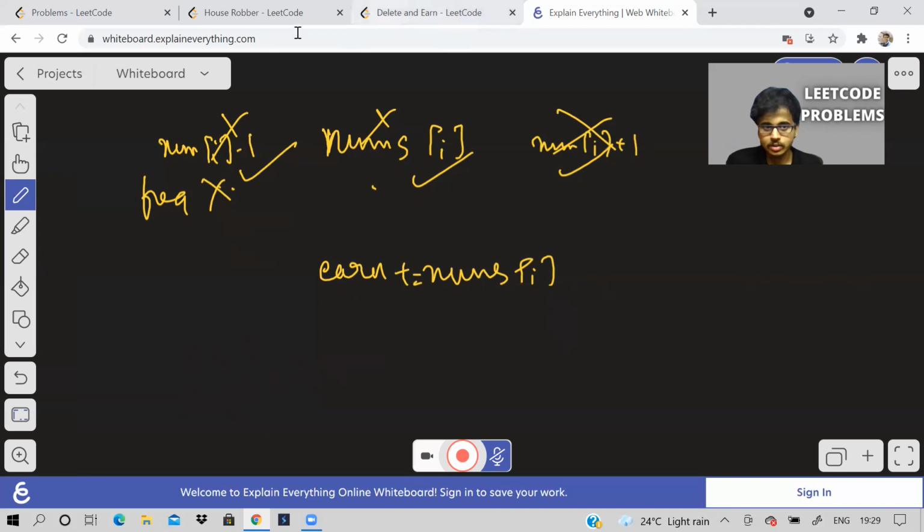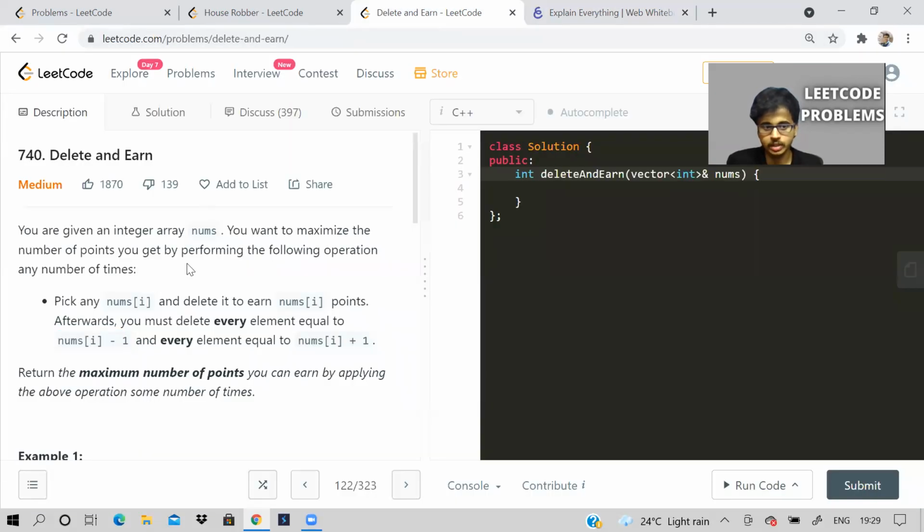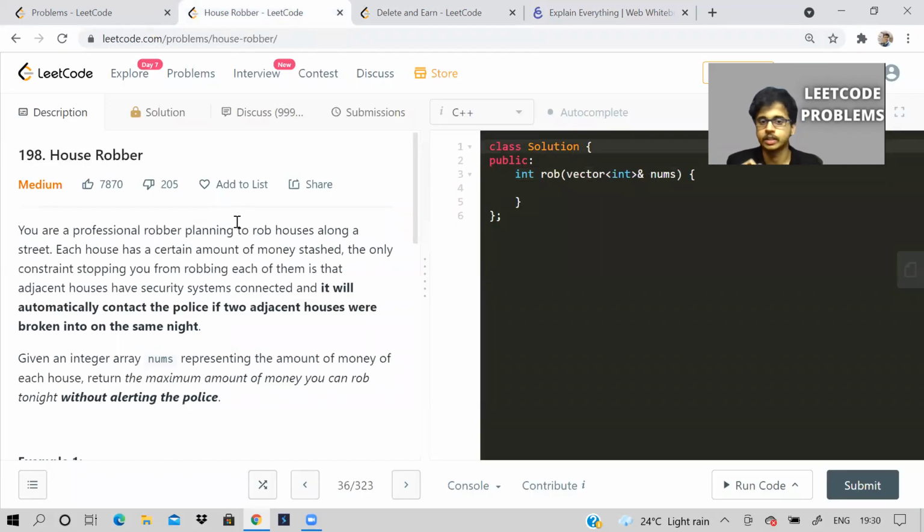So to solve this question, before going to this question, let us take a look at another question and try to apply those concepts. This problem is called house robber. In this problem, each house has a certain amount of money.